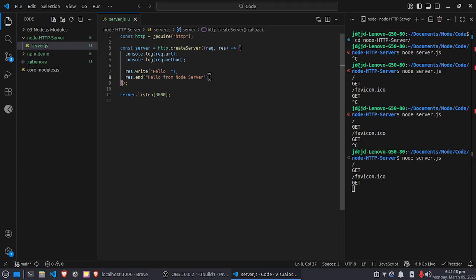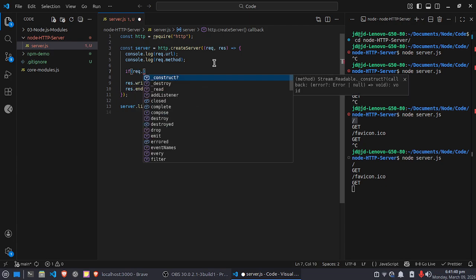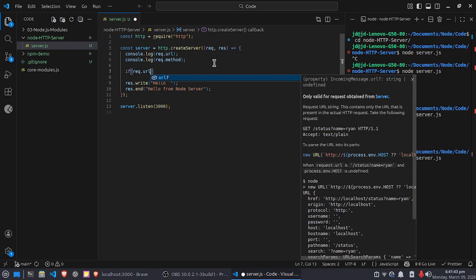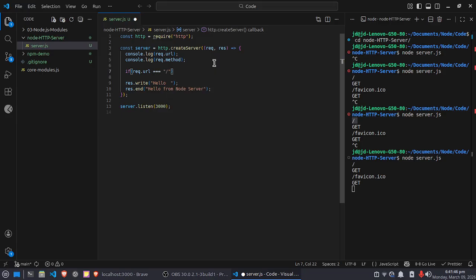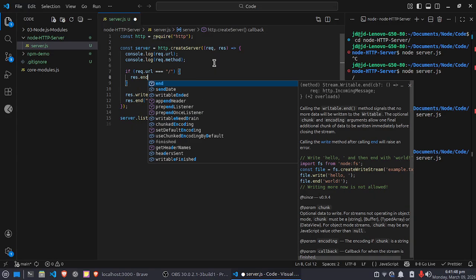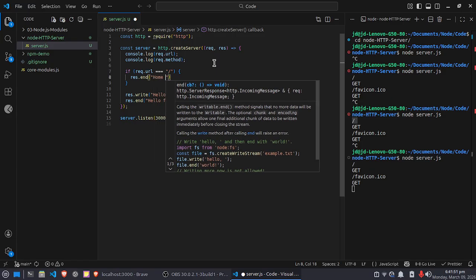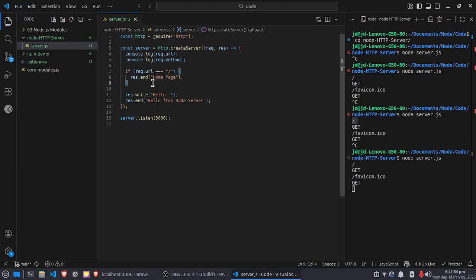So let's create different responses for different URLs. Like this one is for the single slash. Single slash means the root route. So let's add the routing concept inside this, like home page, about page, and something else. For that use the request. If request.url is the slash, then response.end is the home page, and else if